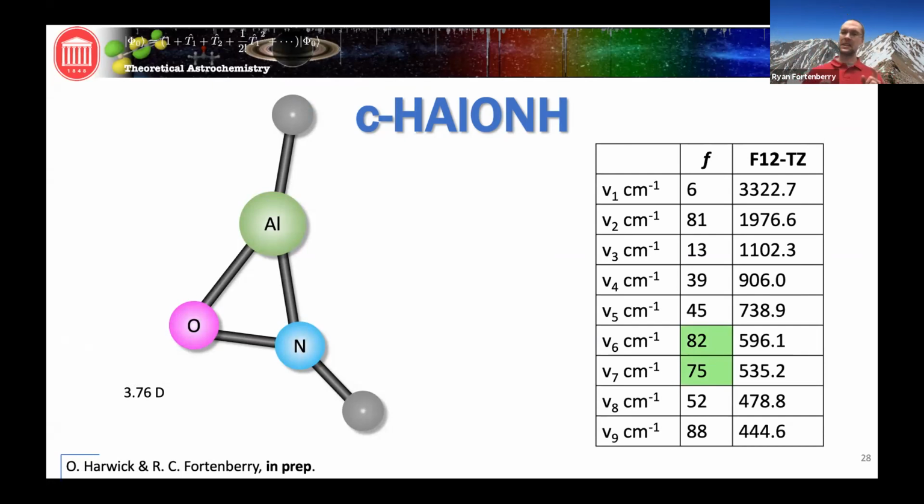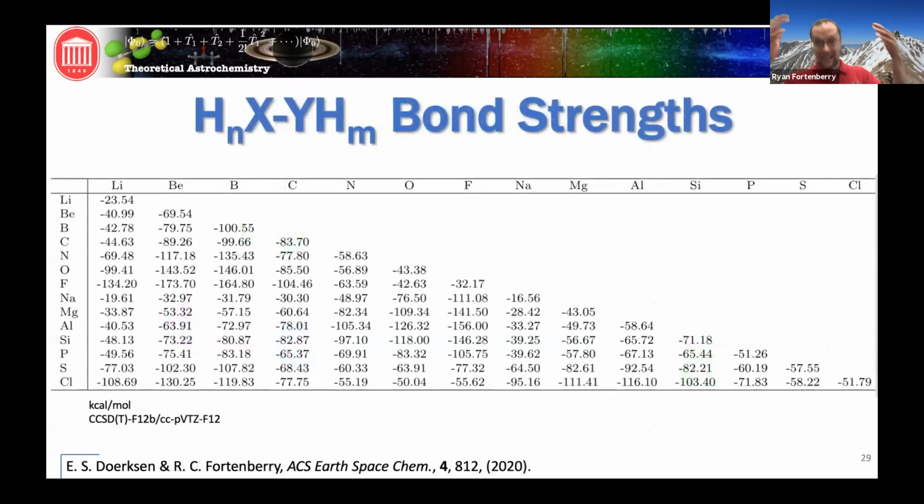And this tells me that it's something about the sharing of the p block elements, and we know this from general chemistry, that the electronegativities are fairly similar, and so they're not going to have as large of an induced dipole moment. I mean, it's still fairly large, but it's not multiple hundreds like we were seeing in some of the other ones. But this molecule does have a fairly large permanent dipole moment, making it more conducive for radioastronomical observation potentially. Okay, let's go back. All right, we got our strong bonds.